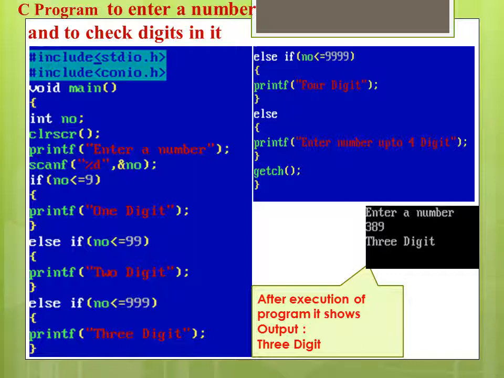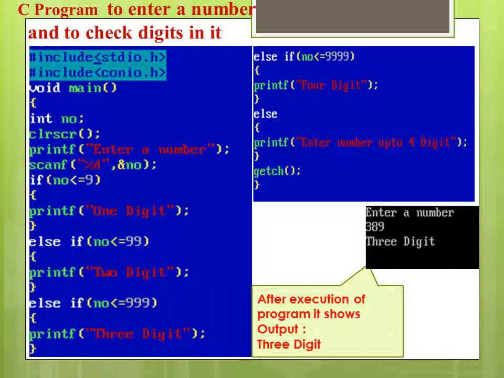If the condition is false, then it goes for the second condition, that is number is less than or equal to 99. If the condition is true, then the printf function shows the message 2 digit.